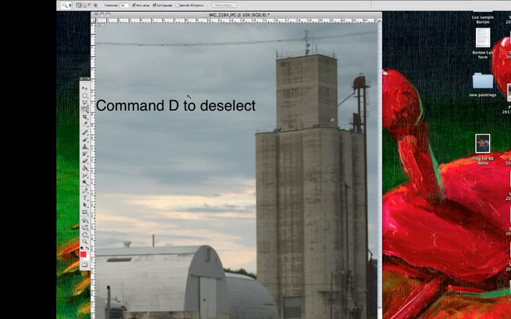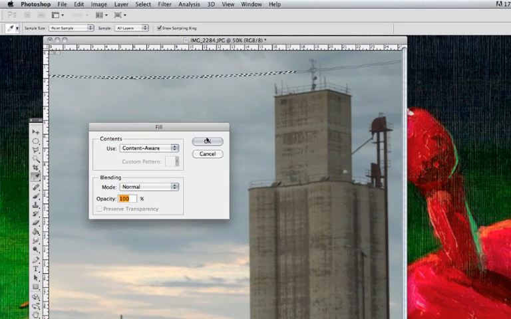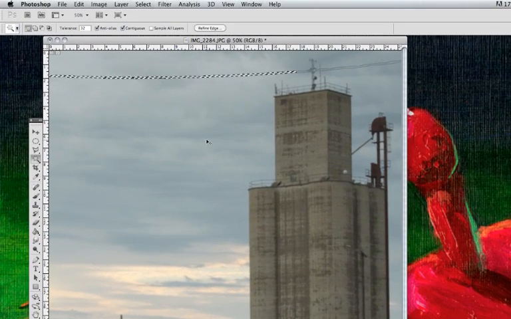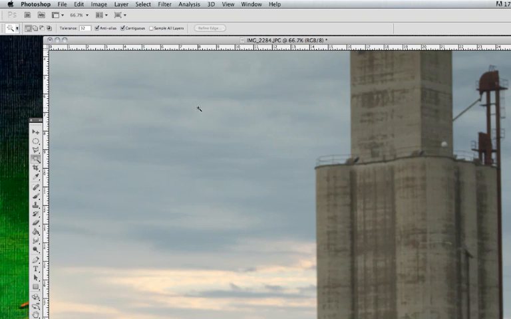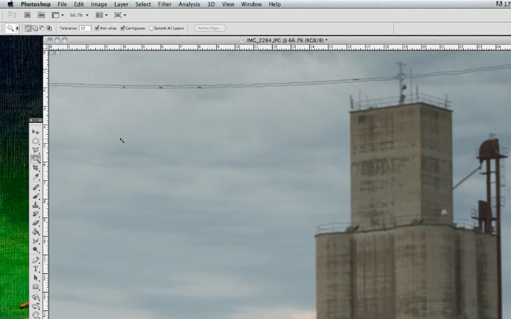If I hit Command D and take away my selection, you can see what it tried to do. It kind of got rid of most of that wire. Didn't get rid of all of it. So I'm going to do this again. Select Content Aware. And it's not really filling in much of the rest of it. It's not a perfect tool, but it does a pretty good job, I think. The last thing I'm going to do is come over here